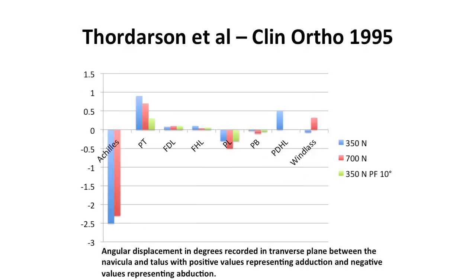Continuing Thordarson's article in Clinical Orthopedics 1995, this chart shows the angular displacement in degrees recorded in the transverse plane between the navicula and talus, with positive values representing adduction and negative values representing abduction. Once again, the Achilles tendon is shown to be by far the most significant deforming force on the medial arch in the transverse plane, while the posterior tibial tendon is shown to be the most significant arch supporter